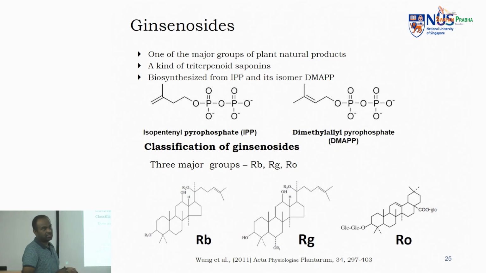What gives ginseng the health beneficial effects it has? It's mainly because of a group of secondary metabolites called ginsenosides. They are derived from the MEP pathway as well as the MVA pathway, with the intermediates IPP and DMAPP. And these derivatives, the terpenoids, are then made into triterpenoids. Building blocks just keep on being added, and then they are glycosylated. So these glycosylated triterpenoid saponins are ginsenosides, and there are three major categories: Rb, Rg, and Ro.